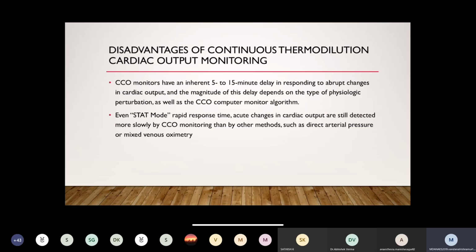The COC computer and catheter require a significant amount of time to warm up and may work poorly in environments where there is greater thermal noise, such as the cardiac operating room. Use of a pneumatic compression device may introduce artifacts that appear as a large variation in COC values in an otherwise stable patient. And COC PAC catheters are more expensive than the standard PACs.